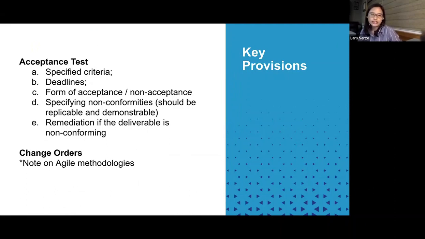Okay. Then a note on change orders. As noted in the first page, one of the most important aspects of your software contract would be your ability to clearly state the functionalities. So now, in the stage of the development, if let's say the client suddenly changes its mind and wants to change a certain aspect of the project, your contract should contain a provision on change orders such that a change in the specifications should not be binding on the provider if both parties did not agree on the change.